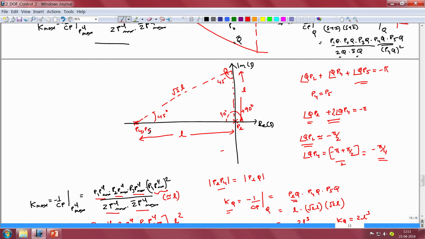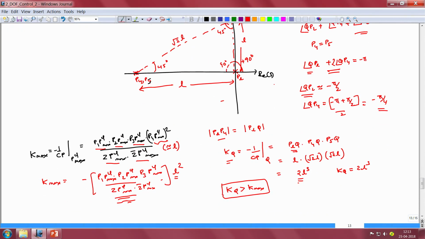They both had to be equal to L, and we could then express K max as some constant times L square, because the term P4 PCL max represents the distance of the point P4 from the point PCL max which is situated very close to the origin. So for all practical purposes we could assume that the distance of the point P4 from PCL max is nearly equal to the distance of the point P4 from the origin itself, and hence we could replace the term P4 PCL max with the term L, and we would get L square in the expression for K max.